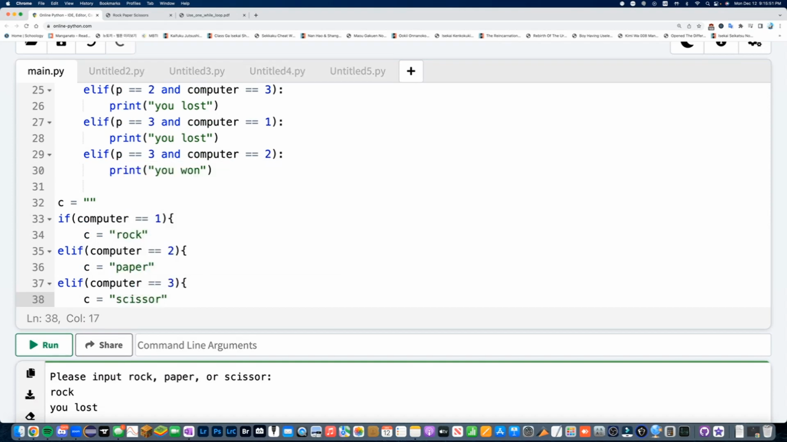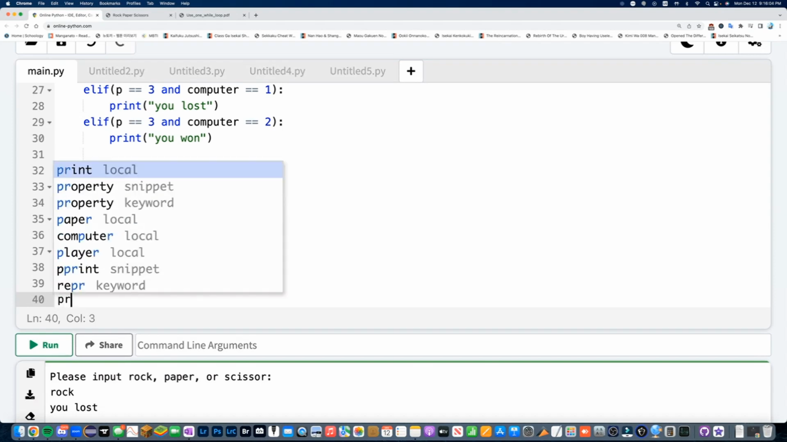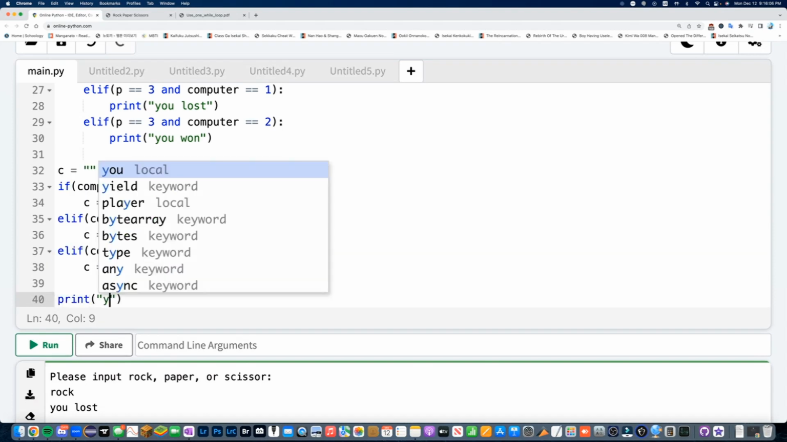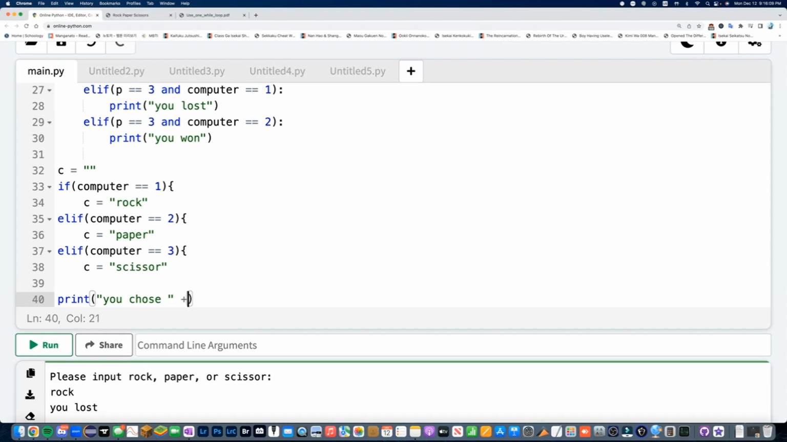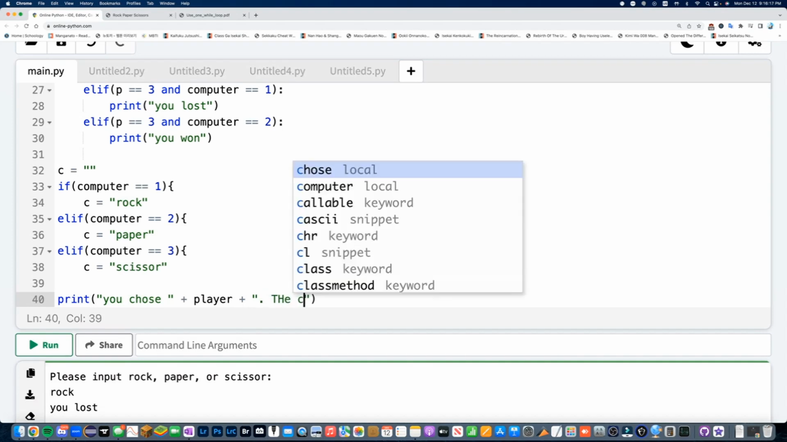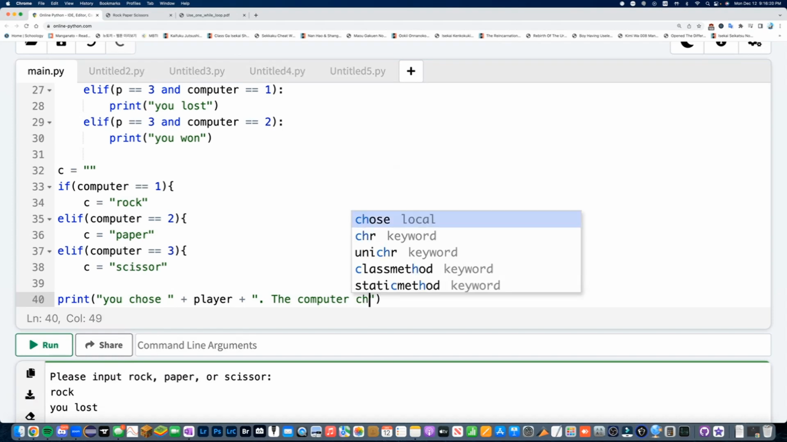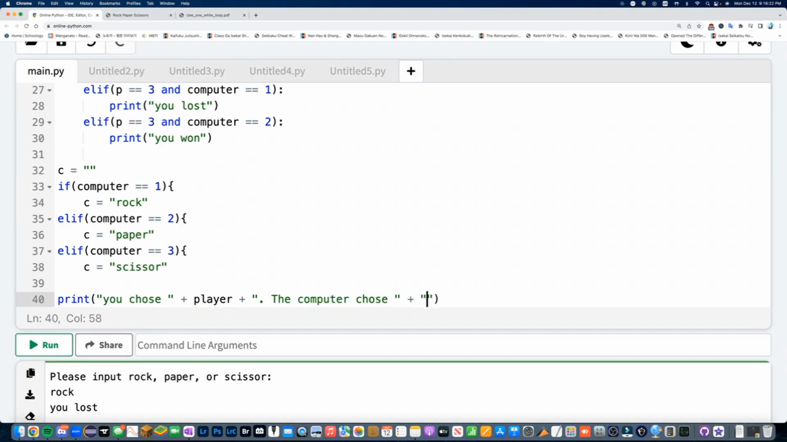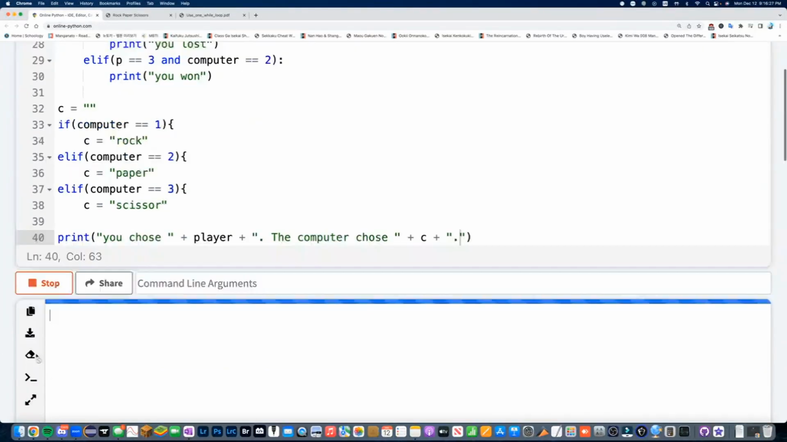So this way, I'm technically converting between integer and string, not in an informal way like I assume in my head that rock is equal to 1, and I just switch between those two. And now what do we have to print? Print "you chose " plus player plus " the computer chose " plus C. And then if we run this,